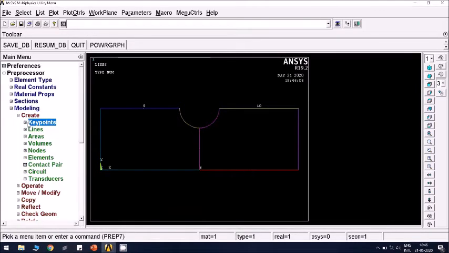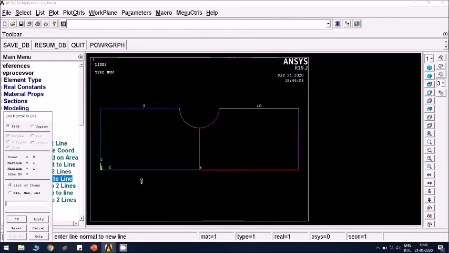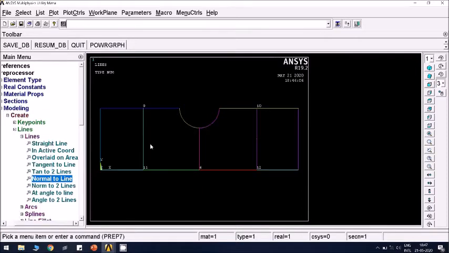Then I can use the normal to line option. Lines, normal to line, normal to this line, click OK. From this point, apply. Normal to this line, click OK. From this key point, click OK. Now I have to create a key point here and draw lines like this.